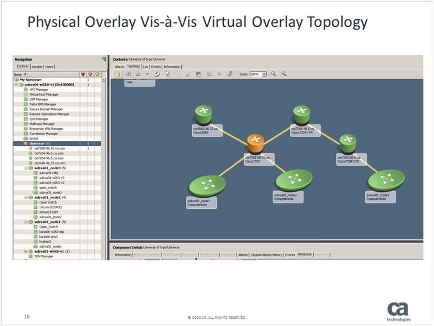There are a couple of key use cases that we have been targeting as part of this capability. First and foremost, the ability to show the UI, the ability to show the topology in context of the physical to virtual entities within the SDN world. So what is the virtual overlay that you have within your environment? What are those NFVs on a particular compute node?